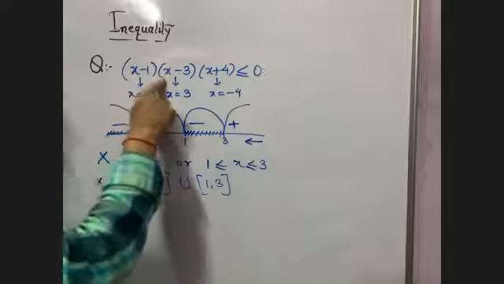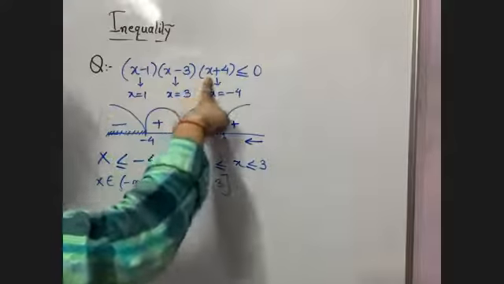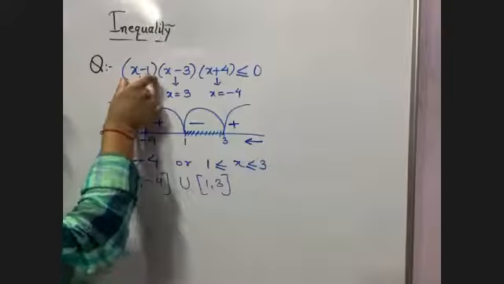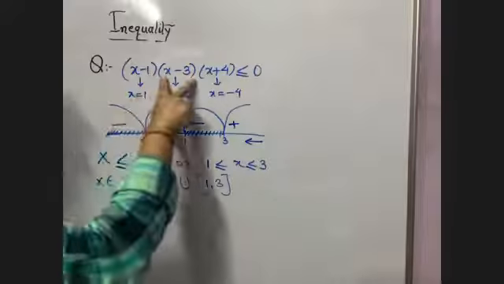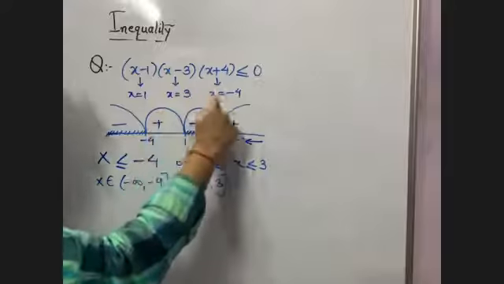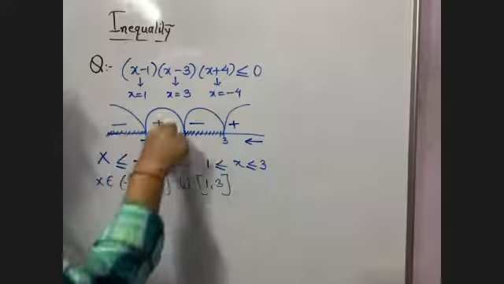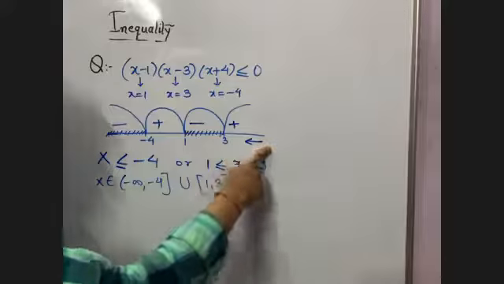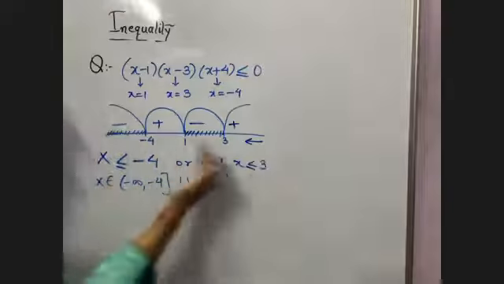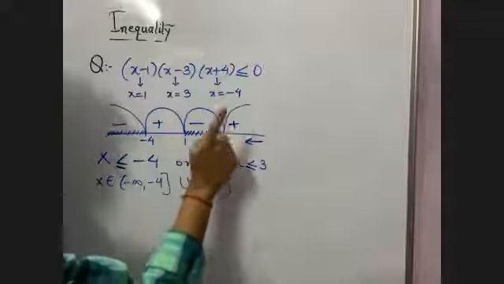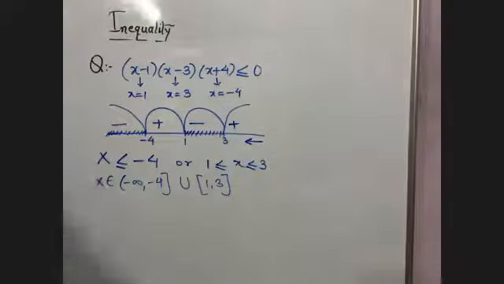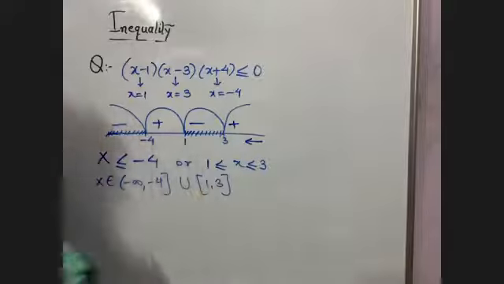The coefficient of x is 1, the coefficient of x is 1. Put it equal to 0, I'll get x is equal to 1. Put it equal to 0, x is equal to 3. x is equal to minus 4. Arrange these numbers on a line like this. Draw a curve like this. Put an arrow like this. And starting from here, distribute the signs from positive: plus minus plus minus. Okay. Now, plus minus I have got.